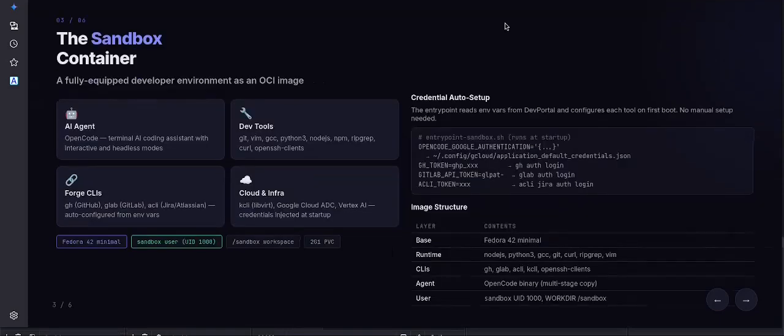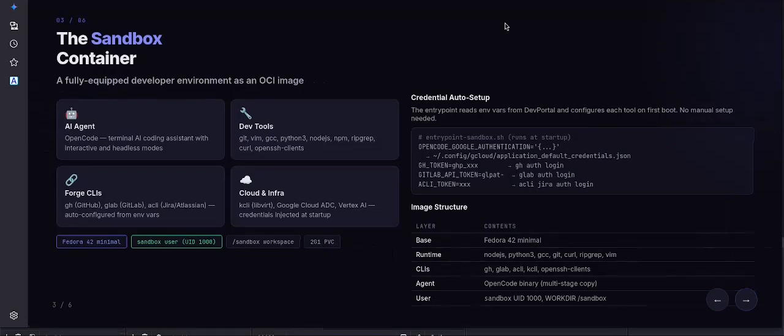Okay, so we talked about sandboxes in Openshell, right? And the core of this sandbox in Openshell is actually the containers that we build. The containers that we use are built with various tools that help you to code, to develop, to run pull request reviews, to run agents with autonomous tasks, to run Jira requests, and so on. So for agent code, we use Opencode. It's a terminal AI code assistant, kind of like Cloud Code and Gemini CLI or Antigravity CLI. It can run both interactively and in totally headless mode.